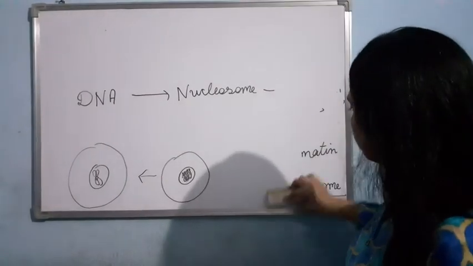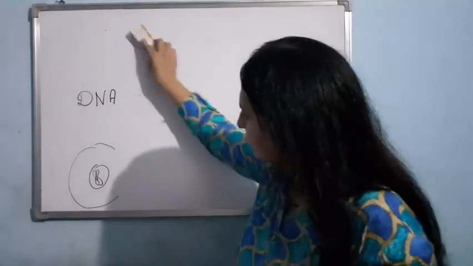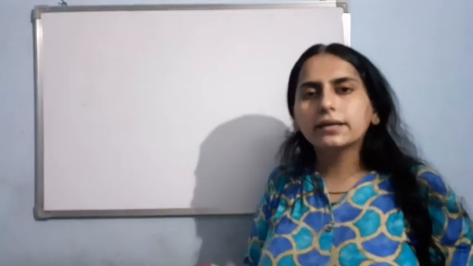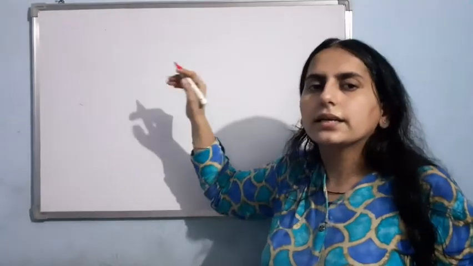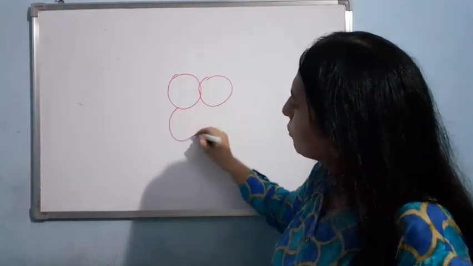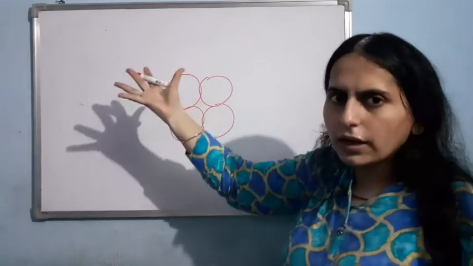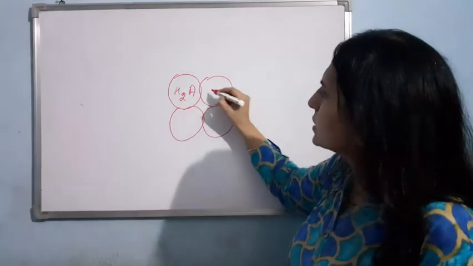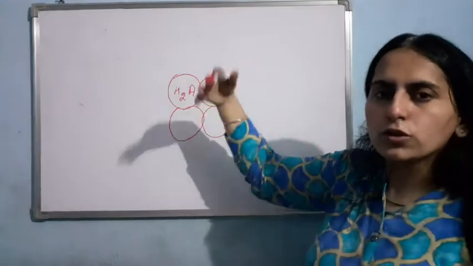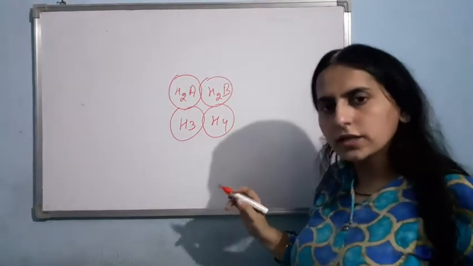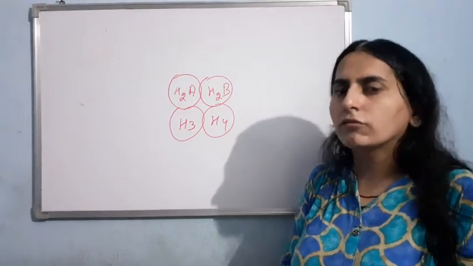Now let me talk about the structure of the nucleosome once again. As I told you, there are 8 histone proteins, that is, a histone octamer. 1, 2, 3, 4, and 4 are there at the back. This is H2A histone, this is their name. This is H2B histone. At the back also, H2A will be there, H2B will be there. H3 histone and H4 histone. Over this, the DNA would be bound like this.